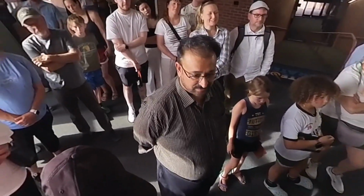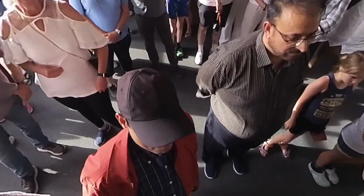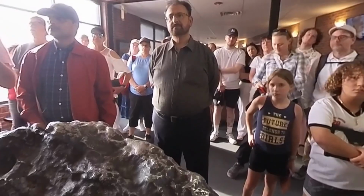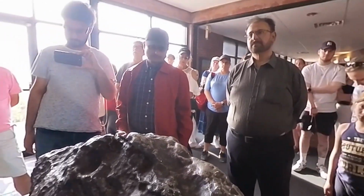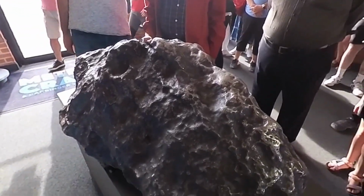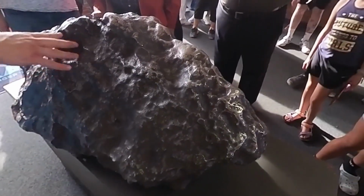So this chunk was actually found a couple miles in our backyard over there in Canyon Diablo. What we believe happened here is that this chunk broke off from the meteor as it entered the atmosphere. And because it broke off in a smaller piece, with less mass and less energy behind it, it was able to remain more intact once it made contact over there in Canyon Diablo. This piece in front of me, y'all,